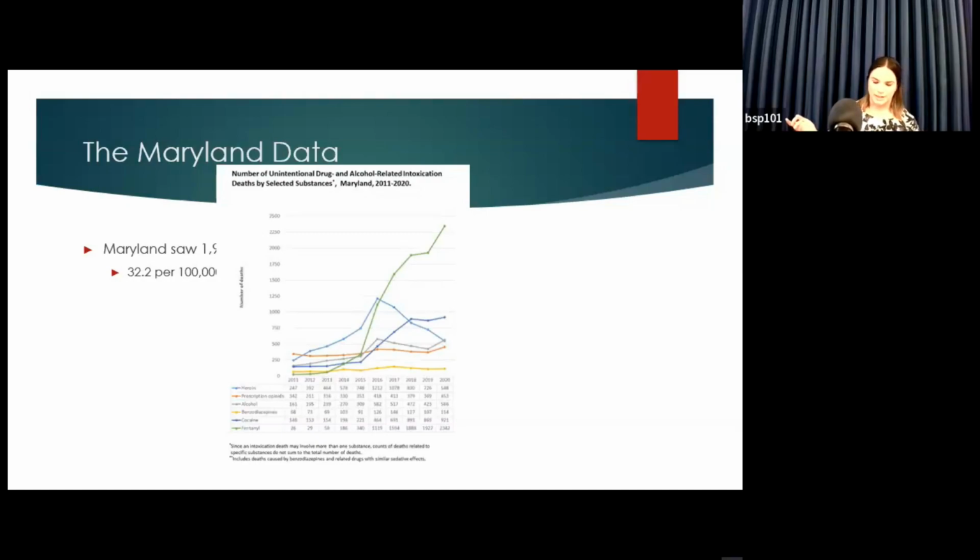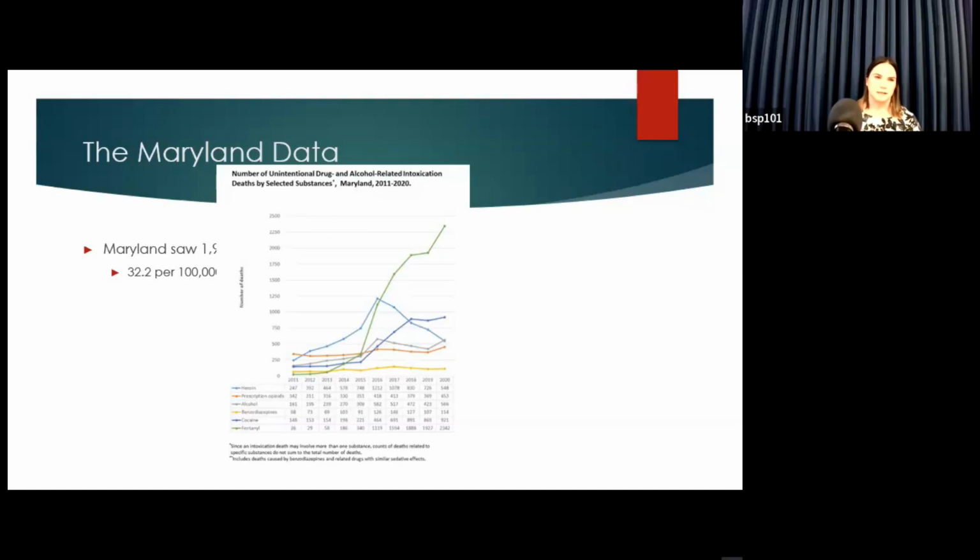The next line I want to draw your attention to is the dark blue line, which also starts to go up around 2015. That's actually cocaine. So cocaine use disorder is a much bigger problem and a trending problem that I think we're kind of all having a bit of a blind spot for. I think we think of it as this drug that was like from Wolf of Wall Street in the 80s or something, but it actually is having heavy use amongst manual laborers, people who need to just stay awake and not feel pain for their work or whatever. And so the rate of cocaine use is actually on the rise as well.